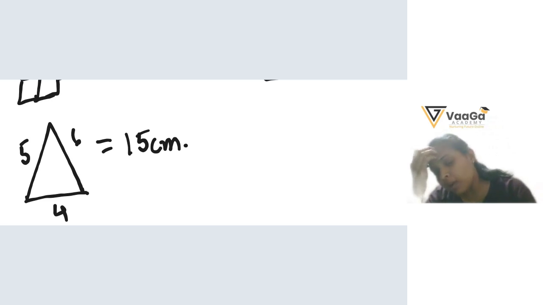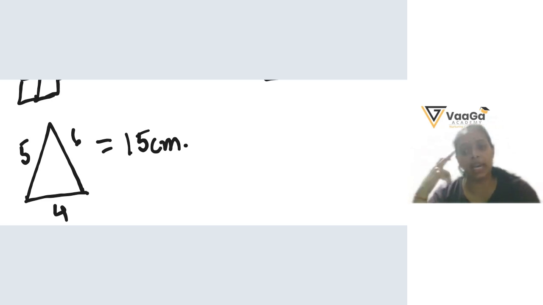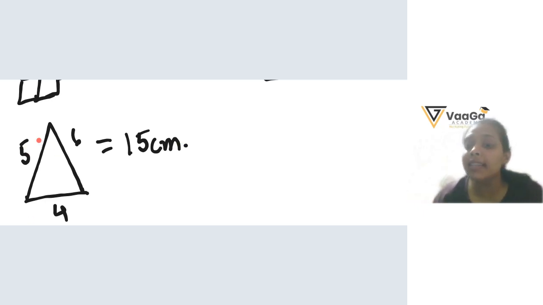Very good. Okay, now let's talk about the area of the triangle. How do we find the area of the triangle? Now, 5 into 6 into 4. No, I just told you, we multiply two edges and sides, right? Now, in this case, all the sides are different. So how would we know which side we have to multiply? We can't figure it out, right?